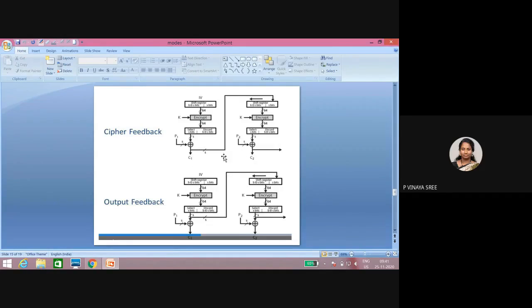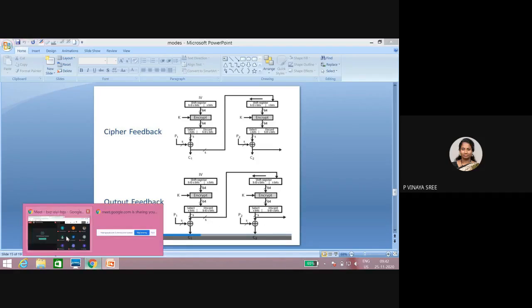So if the ciphertext is affected, after receiving, the receiver has to convert the ciphertext to plain text, and the plain text the receiver gets will be entirely different. Whereas in output feedback mode, if an attacker changes the ciphertext, what happens? Only block 1 will be affected, the remaining blocks will be as they are. Why? Because the encrypted bits are not changed by the attacker, only what is in C1 changes. So this does not give feedback for the next block. That's the difference. Understood now?